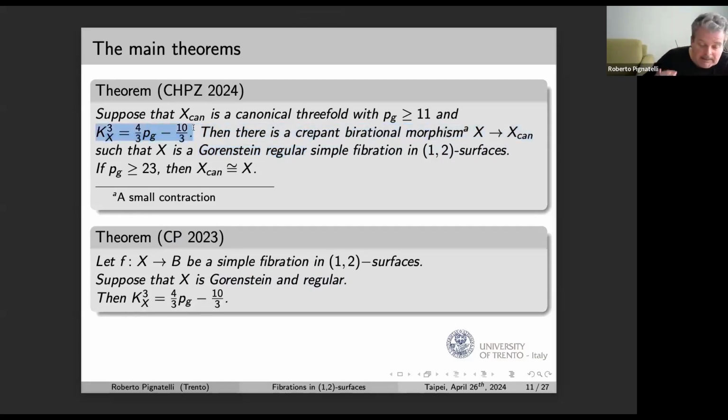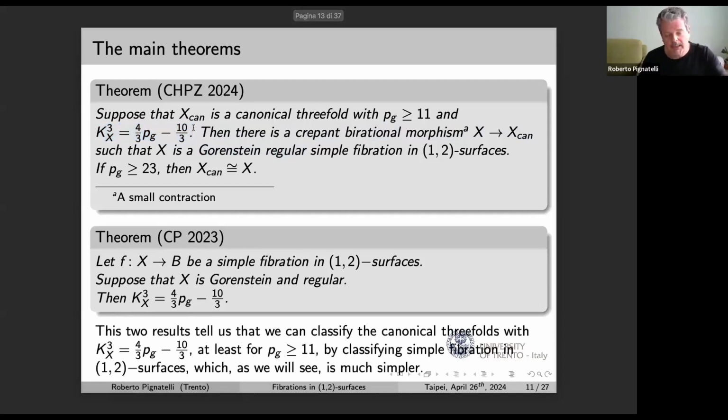This is really a little part of the theorem. I'm going to explain much more of this later, but at this moment let me just mention this part of the theorem because it explains the importance of the new theorem, because when you put the two theorems together, what you get is